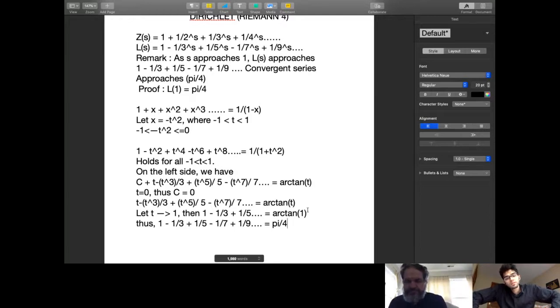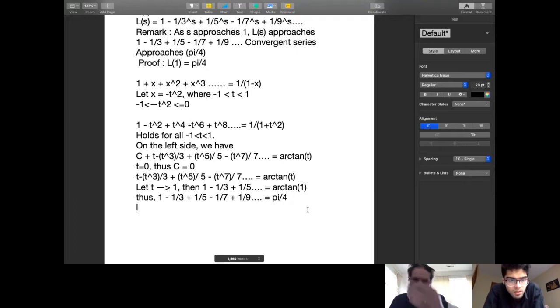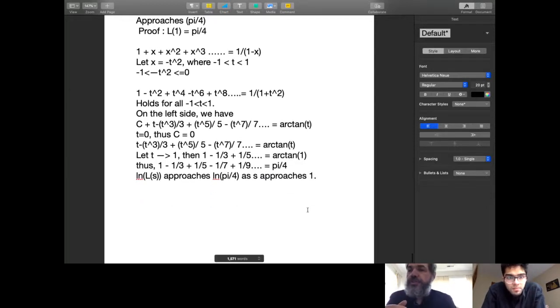Now, if we take a logarithm of that, so then we have the natural log of L of 1. Okay, well, let's do the following. Let's say ln of L of s approaches the natural log of pi over 4 as s approaches 1. Now, to make a long story short, if we look at this series L of s,